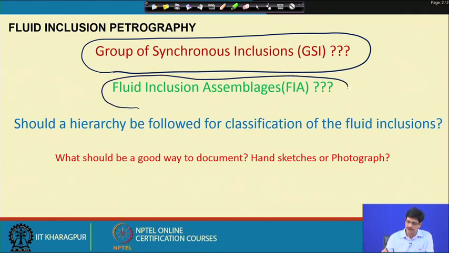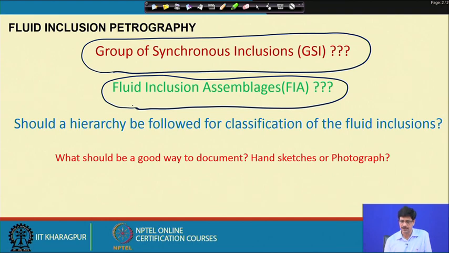Rather, the concept of fluid inclusion assemblage is a little bit more practicable and is a more realistic way of doing fluid inclusion petrography and describing the inclusions. It means that in the same field of view, I am not seeing inclusions all of the same type. For example, I have seen inclusions in my samples where there are aqueous biphase inclusions and aqueous polyphase inclusions, not considering the very special type of polyphase inclusions where the daughter crystal is an accidentally trapped crystal rather than actually precipitating from the fluid.